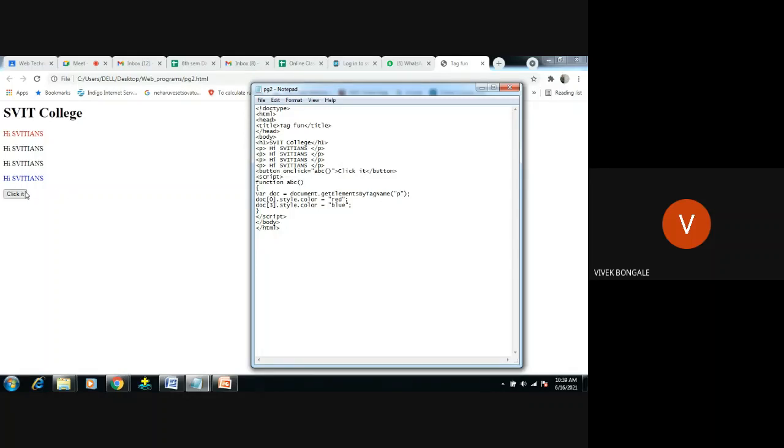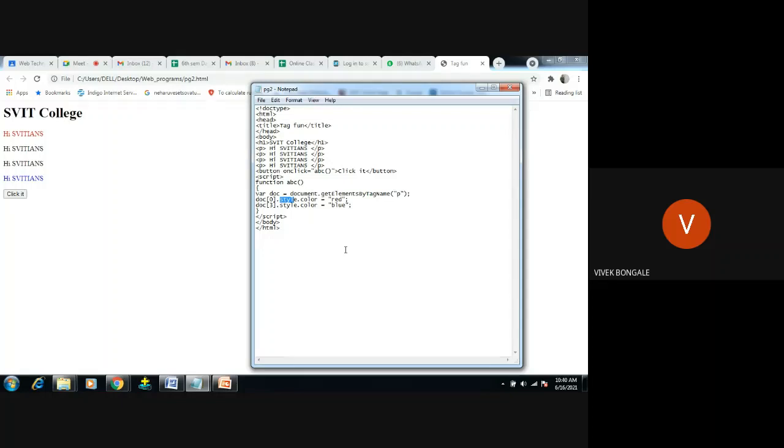When I click it, then what will it do? When I click it, this code will get executed. Only this code executes, and it will do the modification to where? In the HTML code, right? Whatever modification we are doing to the HTML code here is with the help of what? DOM object, right? So what property did I use? I use a property like style here, right? This is an example for this one, right?